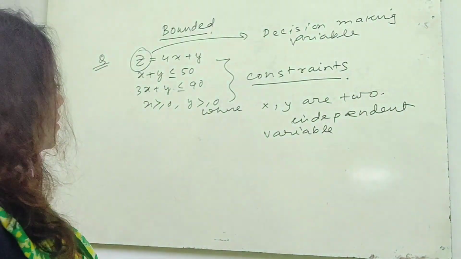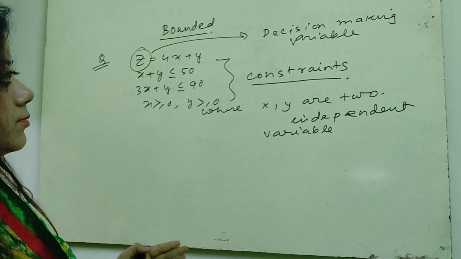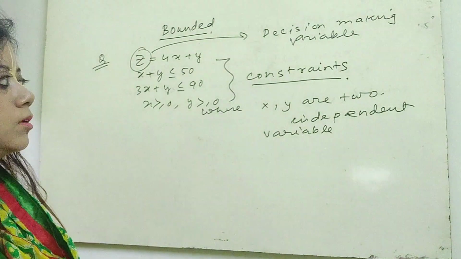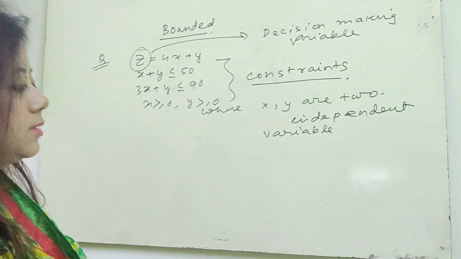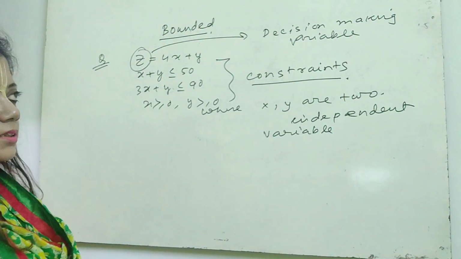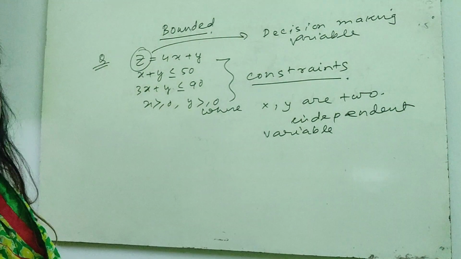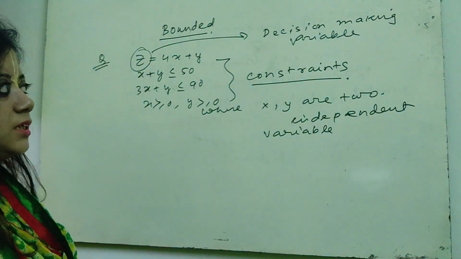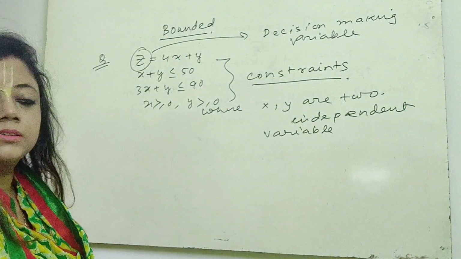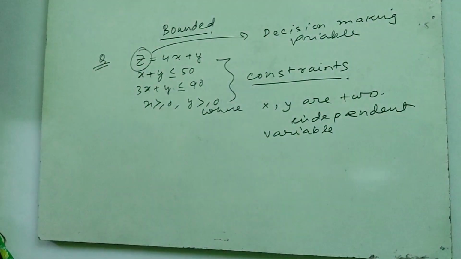Alright, now I have to draw this graph. You can use graph paper or you can do it on white paper also. In the West Bengal board, means in HS, there is no such rule that you have to do it on graph paper. In CBSE, they provide graph papers, but in the West Bengal board also, if you want to draw this on graph paper, if you ask the examiner, he will provide you. Okay, so let's start.